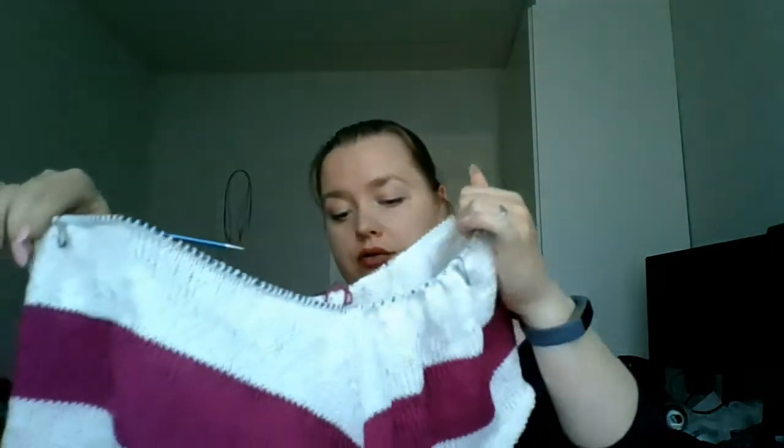I'm ADHD with my projects. So the less I have to do once the main knitting is done, the better. And the more chance I have to actually wear it as a piece of clothing. So I'm knitting this in the round, and the